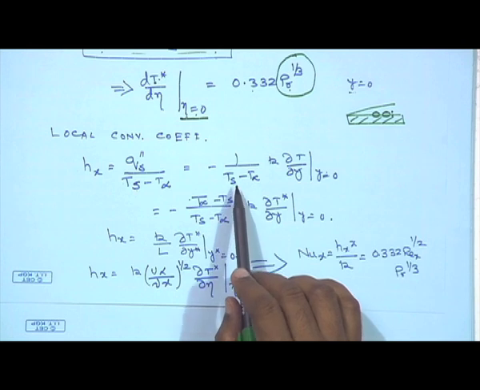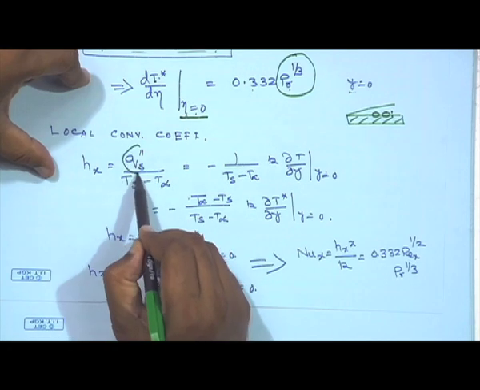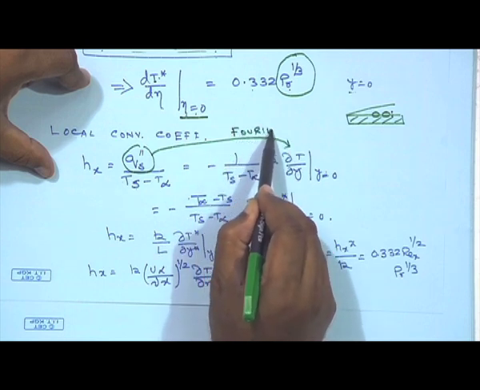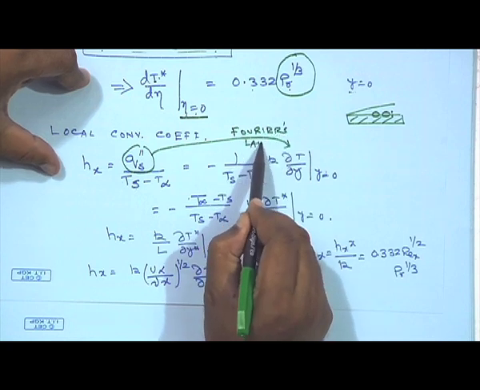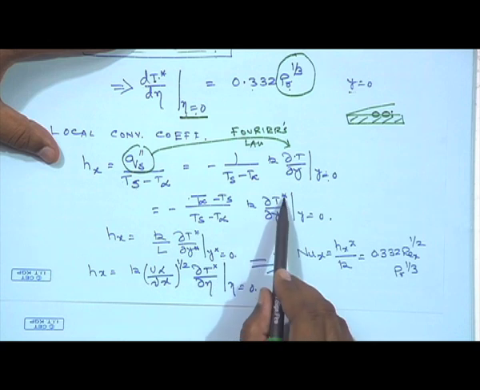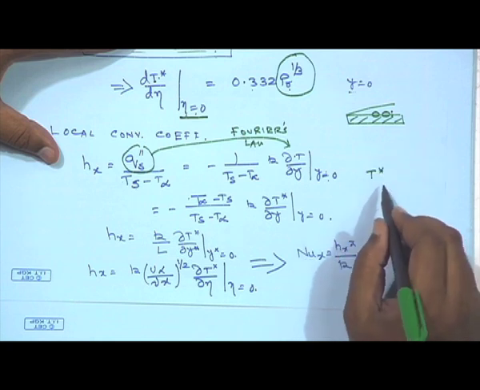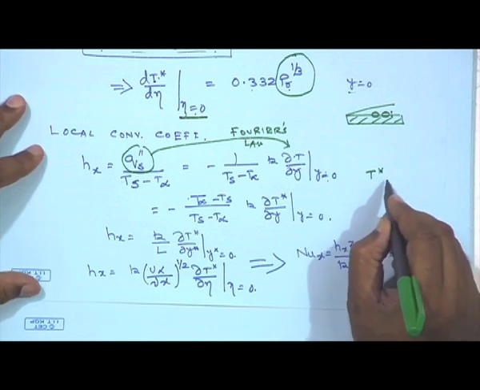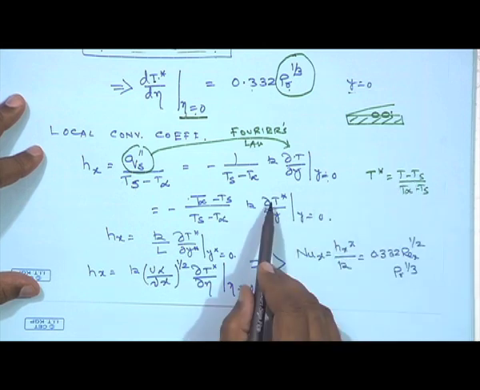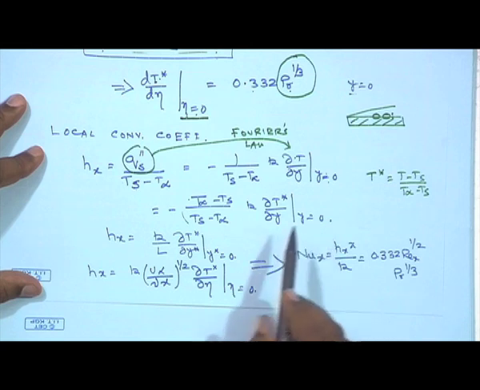So, here I bring the Ts minus T infinity to the outside, and for Qs I use Fourier's law. Substitute in there the minus k del T del y at y equals 0. I then proceed to non-dimensionalize T star. As you remember, T star is defined as T minus Ts by T infinity minus Ts. So, if you bring in the non-dimensional form, this comes out, it is again at y equals 0, and we